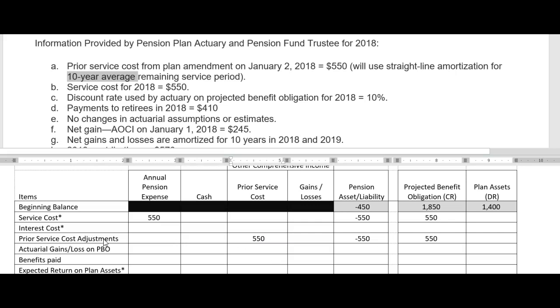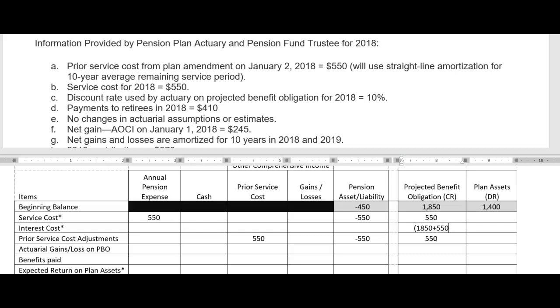Now, why did I do that one first? Because it's out of order. The catch here is that when we go to do our interest cost, we are going to take the 1850 times 10%. But since we made this change, we now have to increase the interest by 550 because we're actually going to pay total interest on the sum of the two. So to find the interest cost, I'm just going to put the formula here: we need to take the 1850 plus